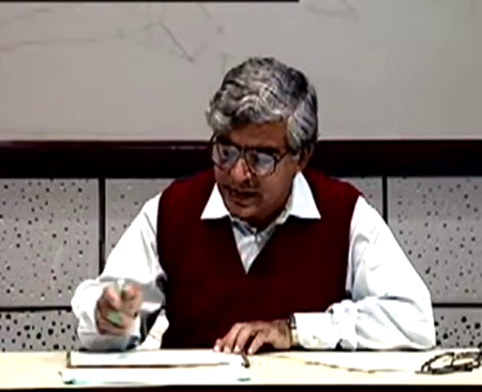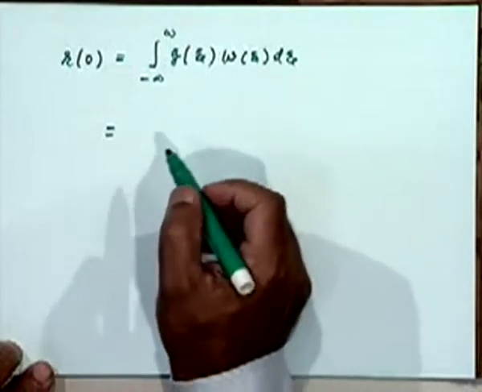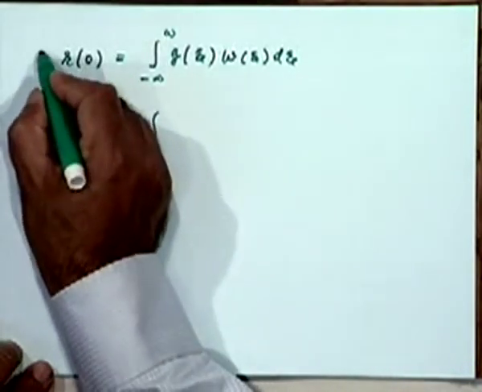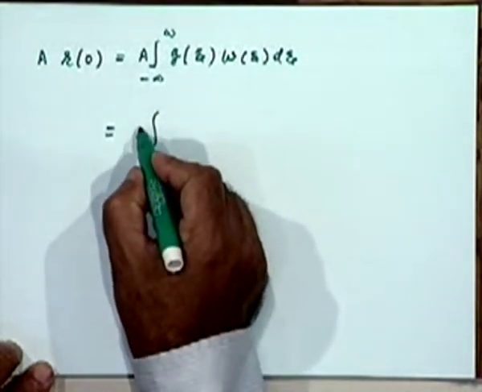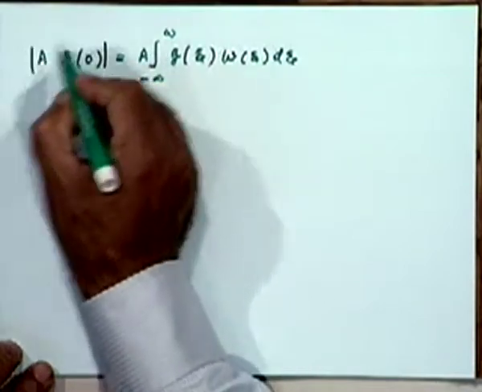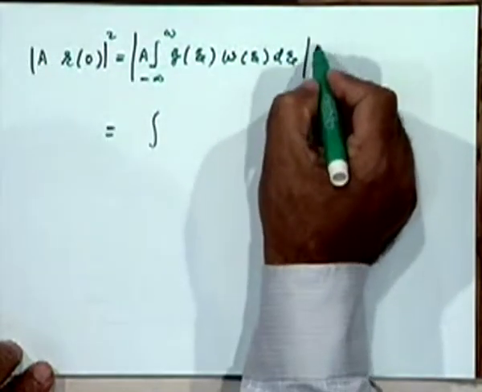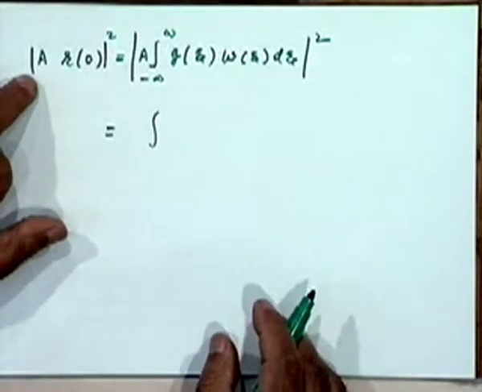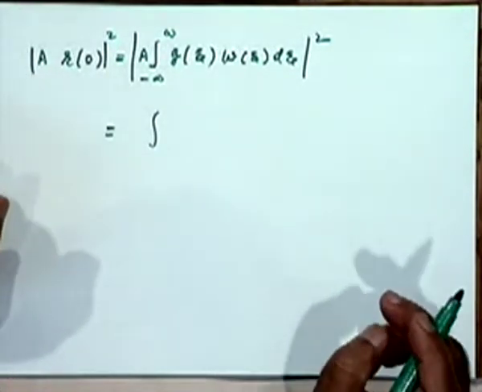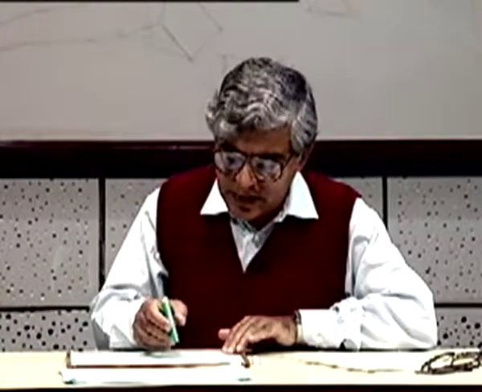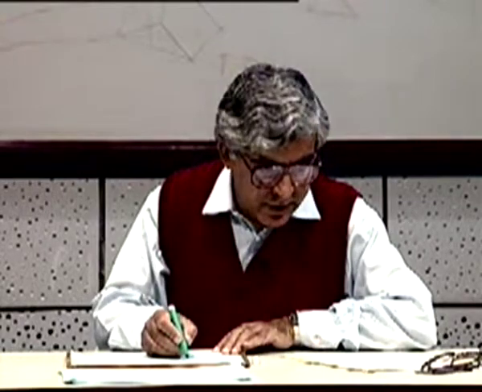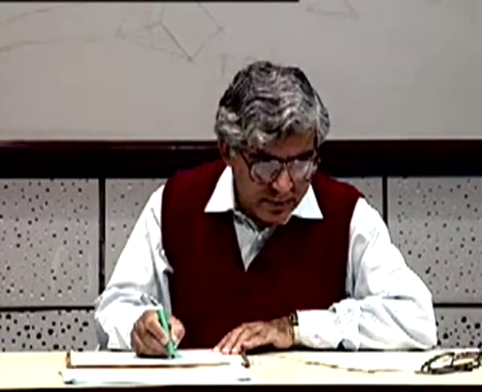So to come to the frequency domain, I will just use Parseval's theorem. Let me write A here also, everywhere, and let me write the mod square of this. The reason is because ultimately I am going to compare it with noise variance, right? So I am squaring it up and calling it the output signal power just for the sake of comparison. Okay, so this will be the value, and by Parseval's theorem this will be simply, what will it be?